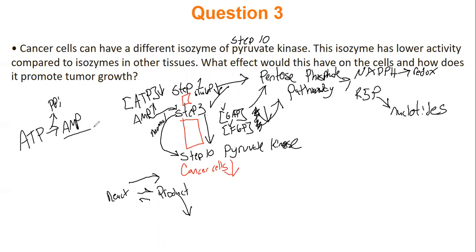AMP is recognized by hundreds of enzymes. But if for some reason none of those enzymes recognize that, the cell would die because it would not speed up making ATP. So that is one way to kill a cell,